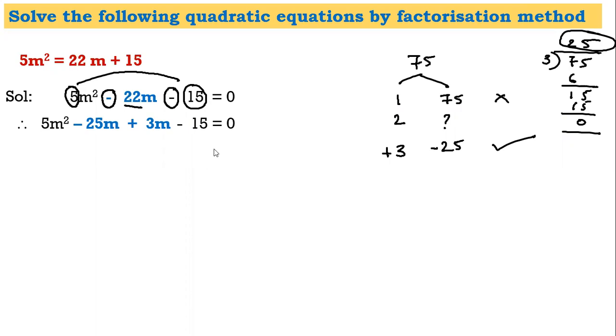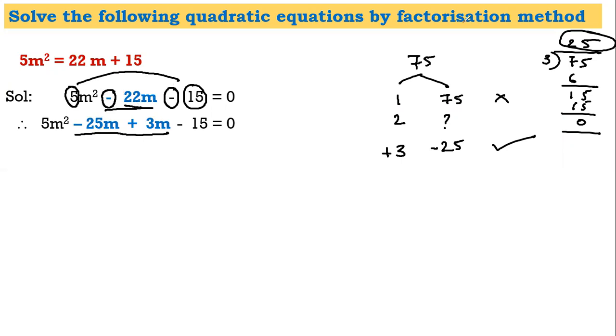Great. Now students, there is something I did not discuss in the previous sum that I would like to discuss here. If you look at this, minus 25 plus 3, it should give us minus 22. If you put by mistake plus here, minus here, you'll get something else. If I give both the numbers minus, minus 25 minus 3 will be minus 28, and I need a minus 22. So it becomes a checkpoint for me here.